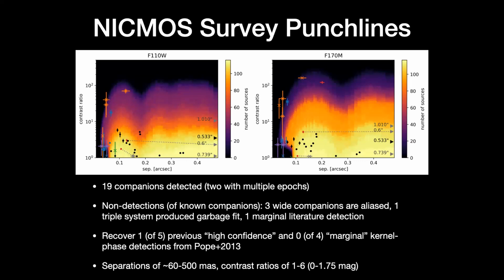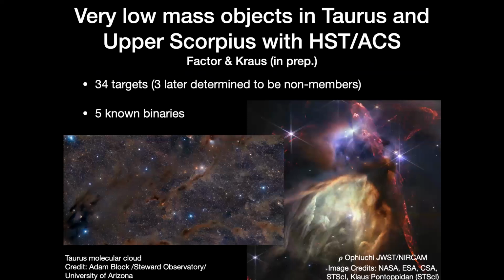So yeah, as I said, 60 milliarcseconds out to about half an arcsecond with relatively significant contrasts. As I said, I did 2 of these surveys. The second was on observations of Taurus and Upper Scorpius. And this is actually a data set that Adam looked at using PSF fitting back in the day. So this is a much smaller number of targets, 34, with again, some known binaries, and demonstrating the